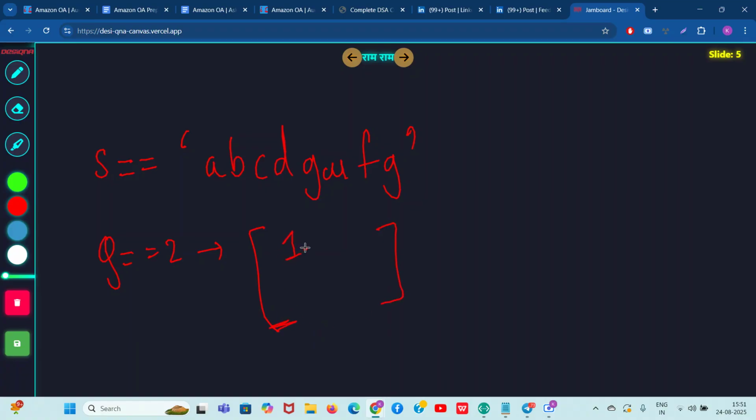The query of type 1, and then let's say query of type 2, 1 to 8.